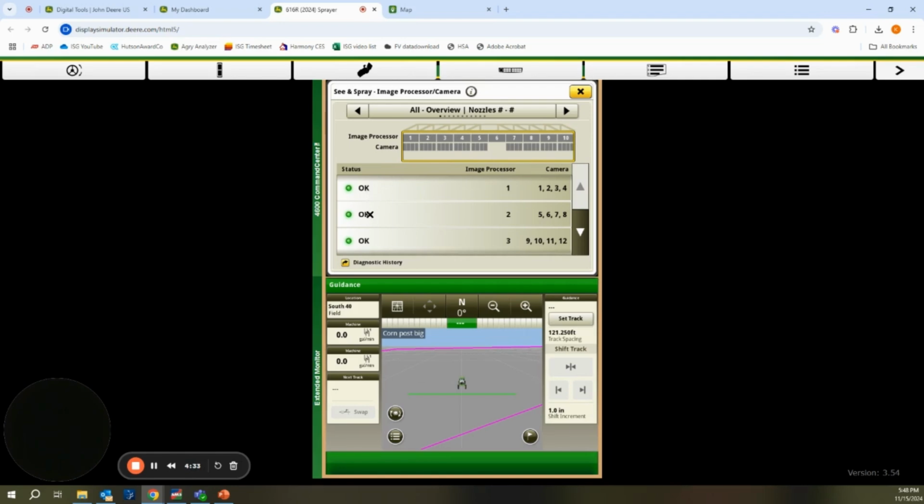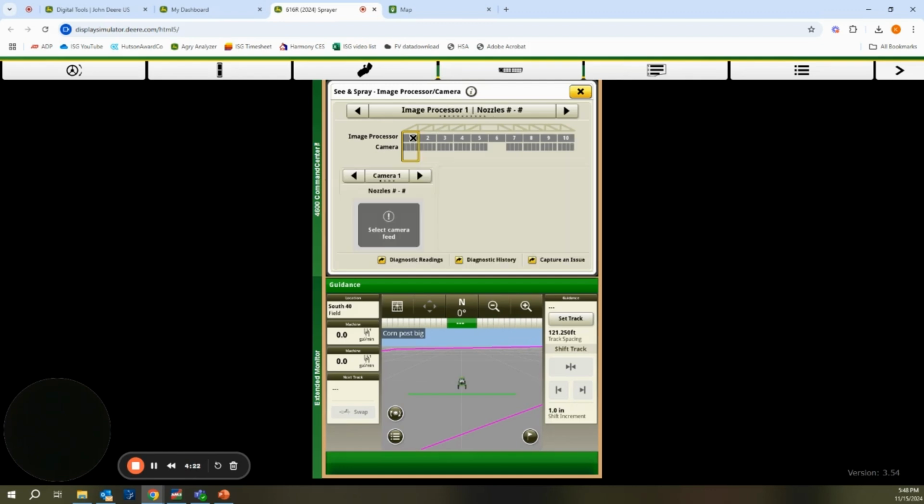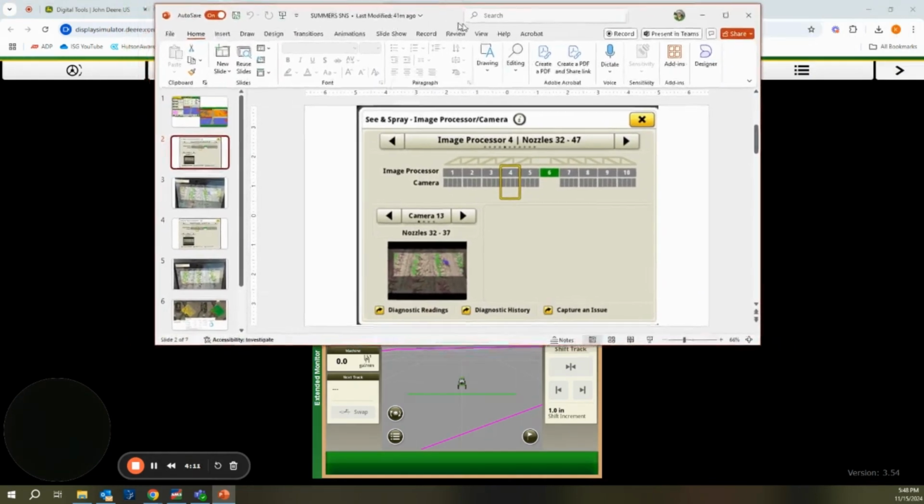Here's a short list showing that green status okay. If they were not ready to go, they would show up red. Shows what processor, which cameras. You're able to click on an individual processor and camera, and it's going to pull up which camera you're looking at, which nozzles, and see camera feed. Here is an example of that live,